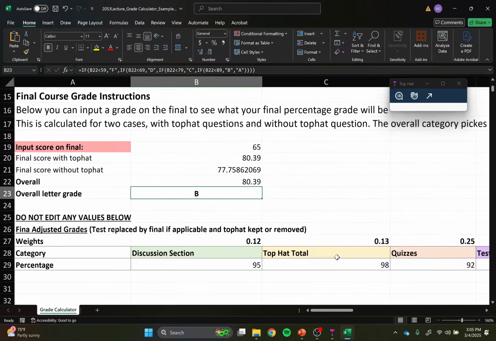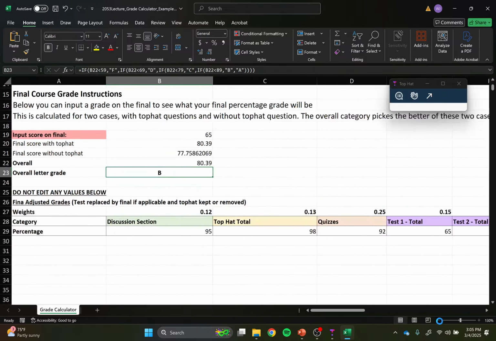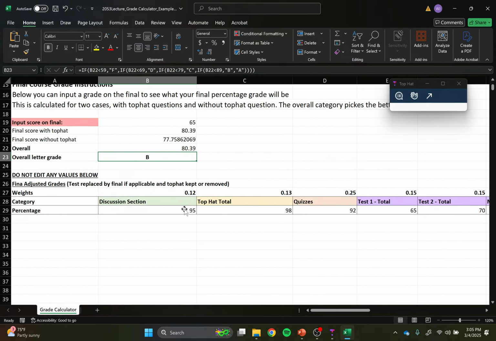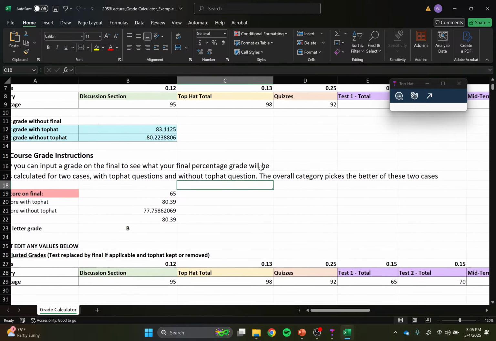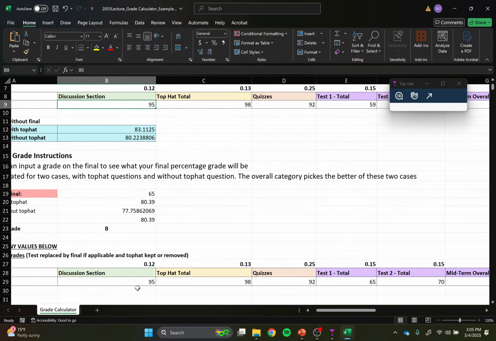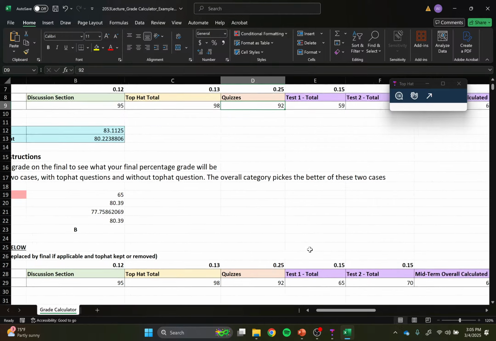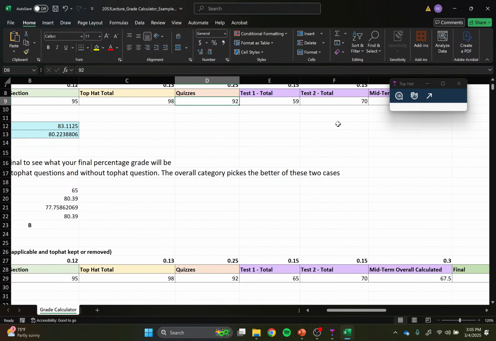Before I point this out, again, don't edit this bottom part because it's a bunch of equations and things like that. But what I want to show you all is the discussion. Great. 95, 95, 98, 98. Quiz, it just takes these numbers. But what I want to point out is notice that